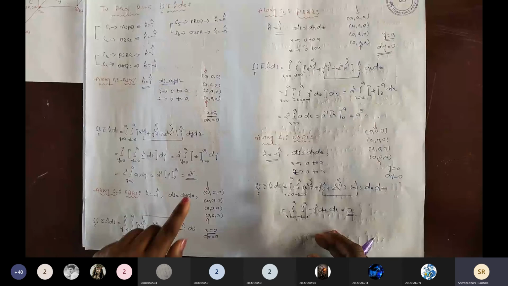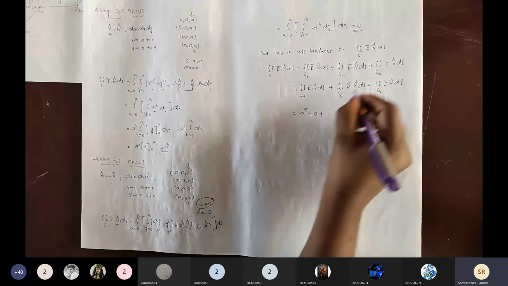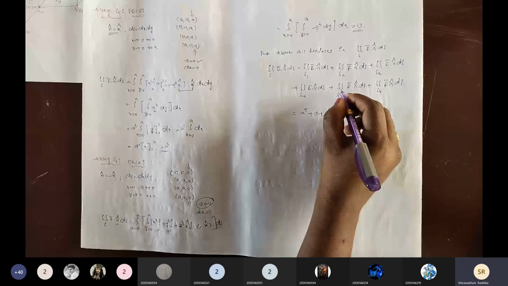See here, the previous page. S1 surface answer is a power 5. S2 is 0. S3 is a power 5. S4 is 0. S5, see on this page, is a power 5, plus S6, so that is 0. Now calculate: 1, 2, 3 times repeated a power 5. So the answer is